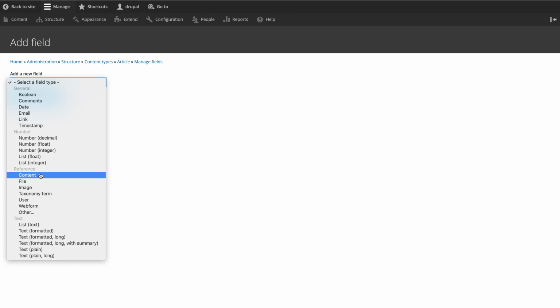And reference, like referring to other content, the reference field, you know how to refer to other content. And even text formatter, list formatter, all the fields are incorporated, and you can utilize those fields, connect them with your content type, and as per the requirement you can play around.